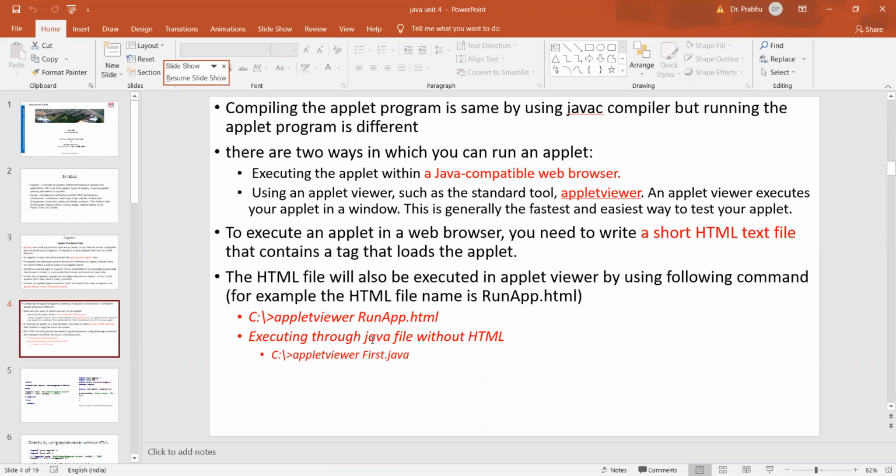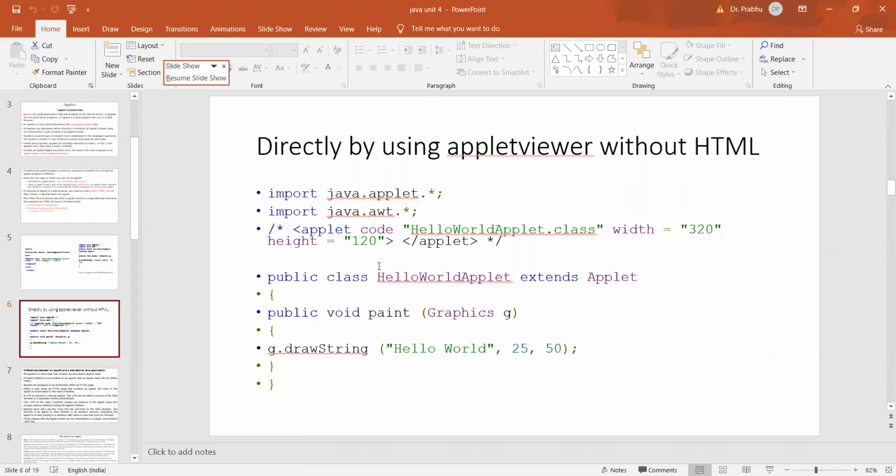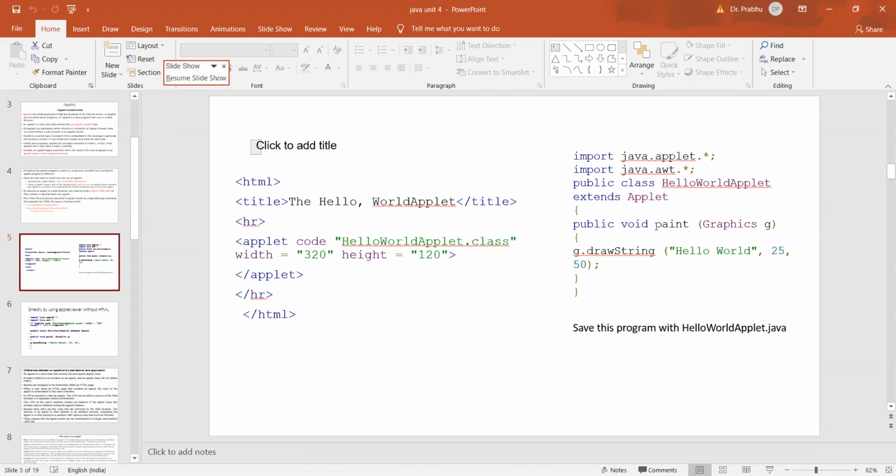In the applet viewer, if you want to do that process in quicker time, you can do it by directly executing the Java program. This can be done, but only if we include the applet tag information inside the Java code. Otherwise, the normal first way is to create the applet Java code and the applet HTML code, add the class file in the applet tag, then execute the HTML in a browser as well as the applet viewer. Then it will be executed. So these are the ways to execute and create the applet program.